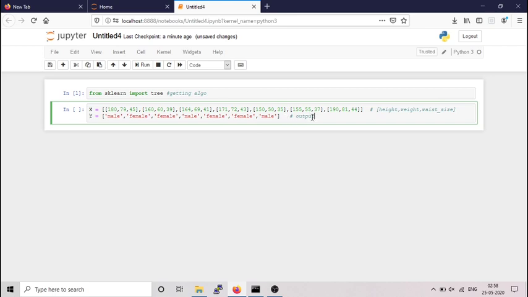This is the output for this x. In the previous video we saw the two types of vector, and it's similar to that. You can also see the correlation in the data: when it's male there is more height, more weight, and a larger waist size.